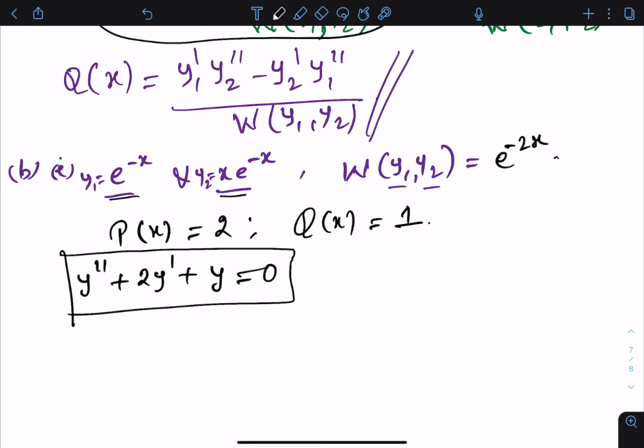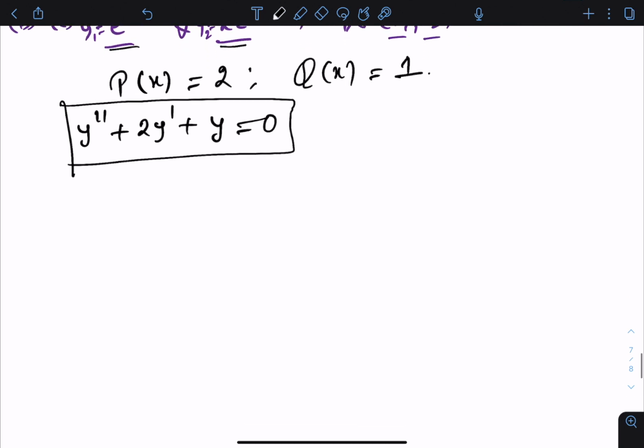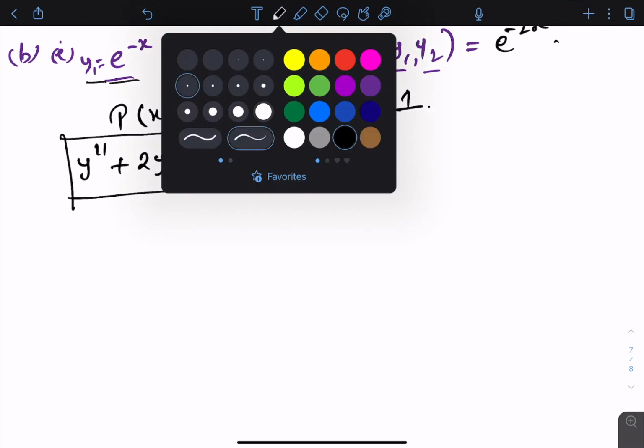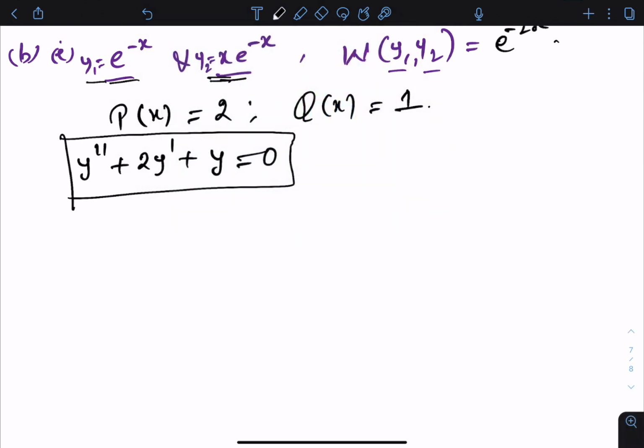Okay, and there are also other ways of doing this, but that depends on each kind of problem type that you can even guess by looking at certain equations. For instance, in this case, if these two have to be the linearly independent solutions which span a second order ODE, and if you look at these functions e power minus x, so you look at its linear combination. So if you look at alpha y1 and beta y2, what you see is alpha